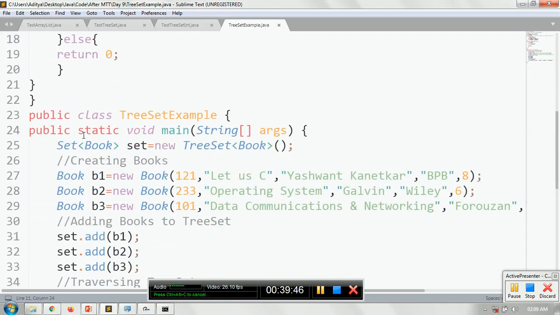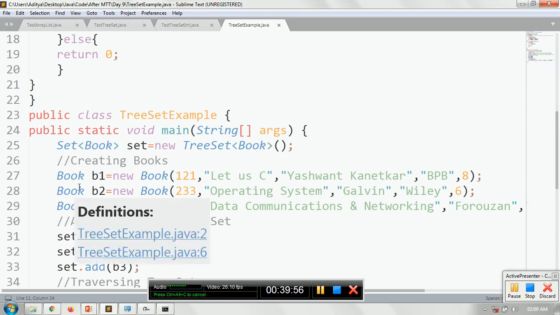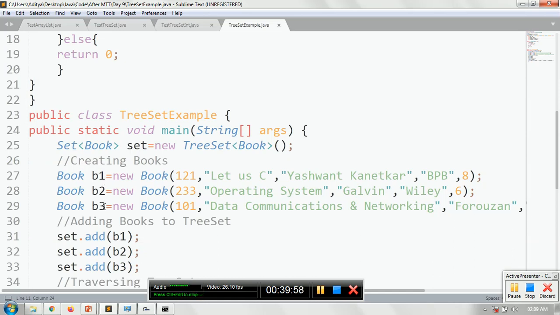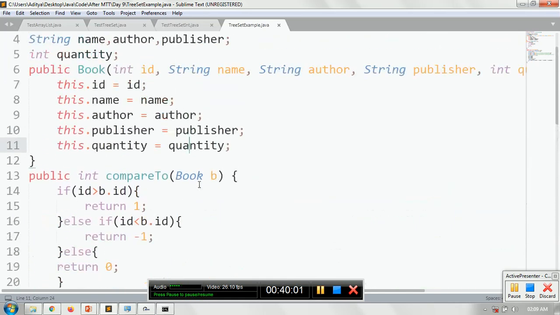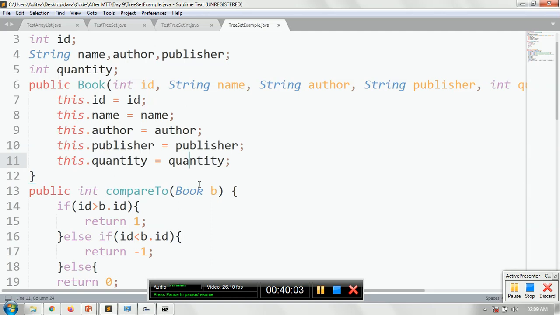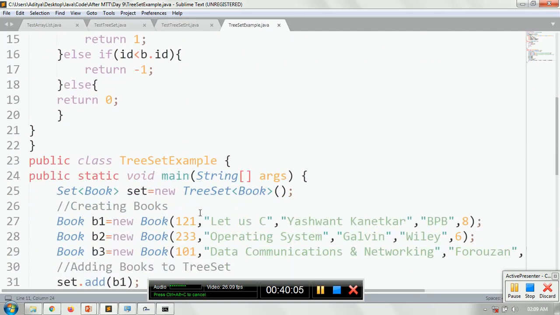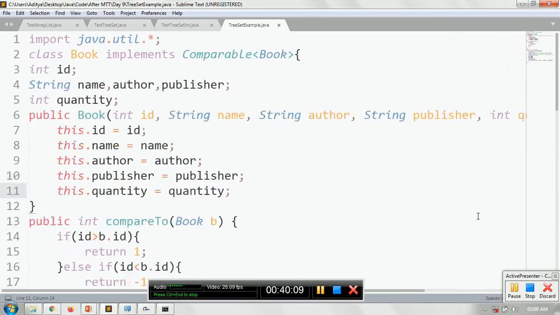So I'm creating, with the help of the Set interface reference, an object of the TreeSet, which is generic to the Book class. We have created 3 Book objects, B1, B2, B3, and we pass all the required data: ID, name, author, publisher, and quantity.